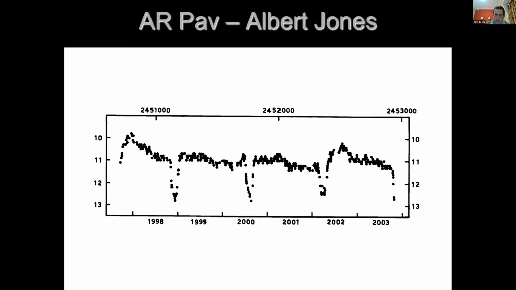And here is another light curve of one of his favorite stars, which is AR Pav, a symbiotic binary, which has eclipses. And back in 2011, when Albert had to retire from observing, he asked Rod Stubbings to pick up this star. And since then, Rod's been continuing this work. And so this shows collaboration between visual observers.